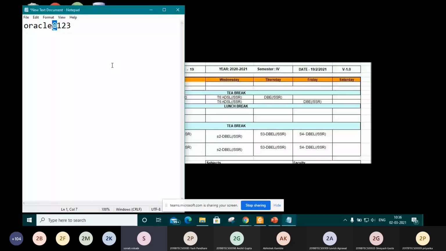So instead of that, you can use any letters like ORCL123 or anything. Try to use only alphabets and numerals. It is not going to create any hurdle.